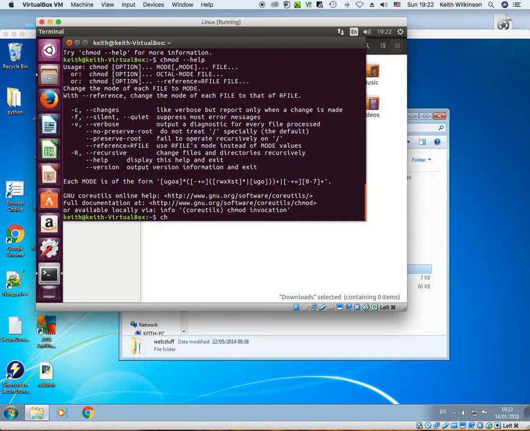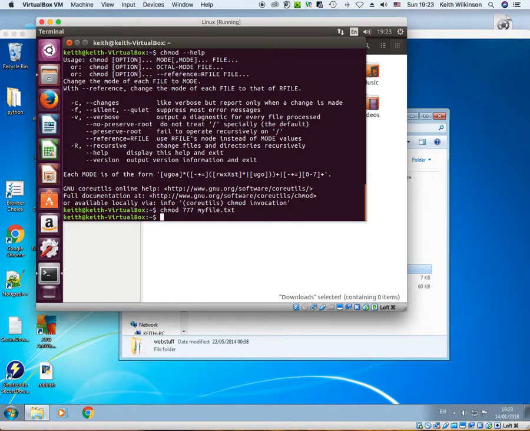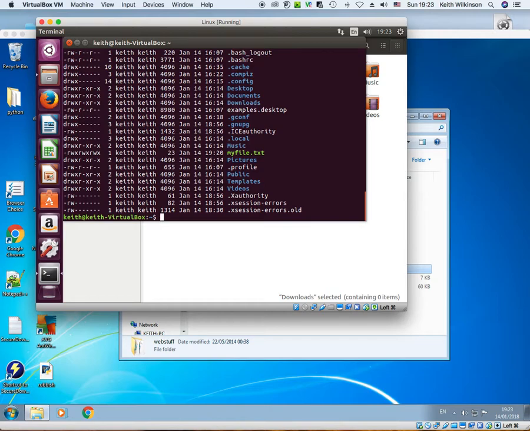Okay, so what I needed to do was chmod 777 my file.txt. There we go. Now when I list my file, we can find it. Here it is. Notice that what I set it was read, write, execute. I changed the permissions for each and every one of them. Remember I said that was